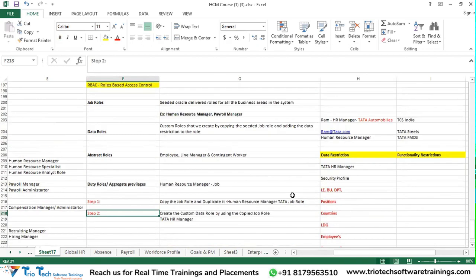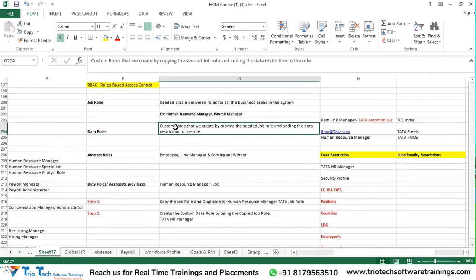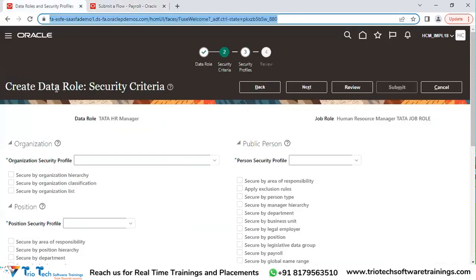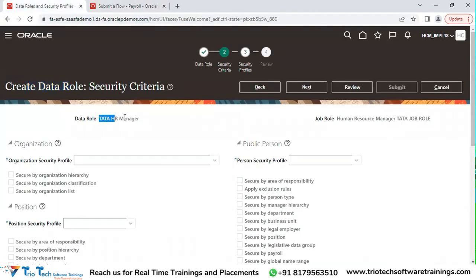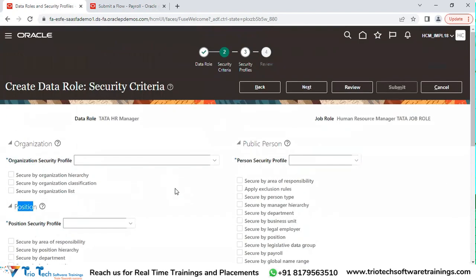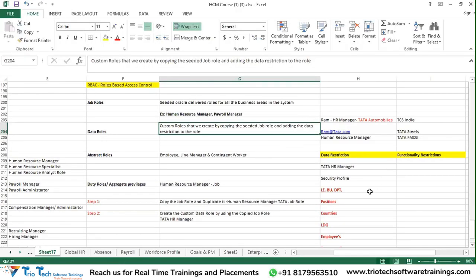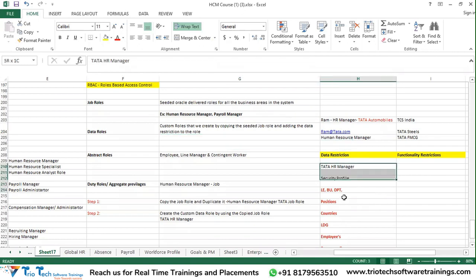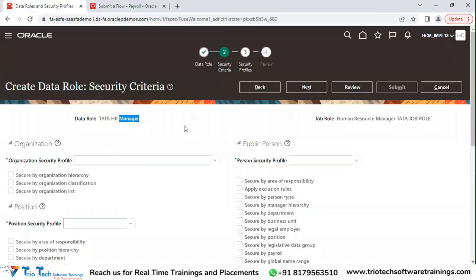So whenever we configure the custom data role by inheriting our job role, at the custom data role level, we have to enable that security for all these objects, if you want to restrict them with the role. Okay. So in the next session I will take this up because I cannot complete it. But today, let us take 5 more minutes and let me show you how we have to configure the security